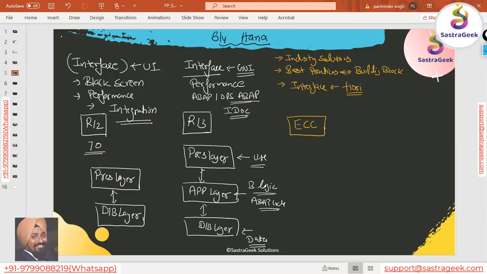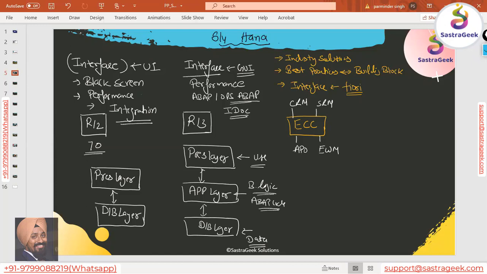And what other thing they have done, they have integrated other products that they developed by that time. So with the core interface, they have linked everything to ECC. ECC became a heart, which was pumping, and your CRM solution got linked, SRM solution got linked, your APO solutions got linked, and other solutions like the EWM solution.